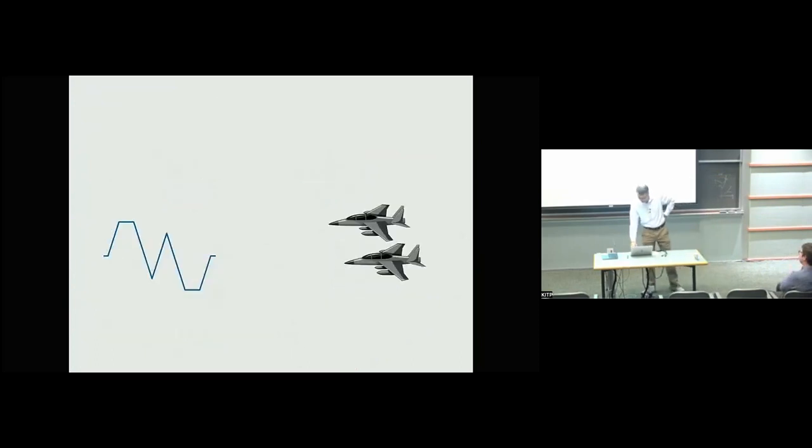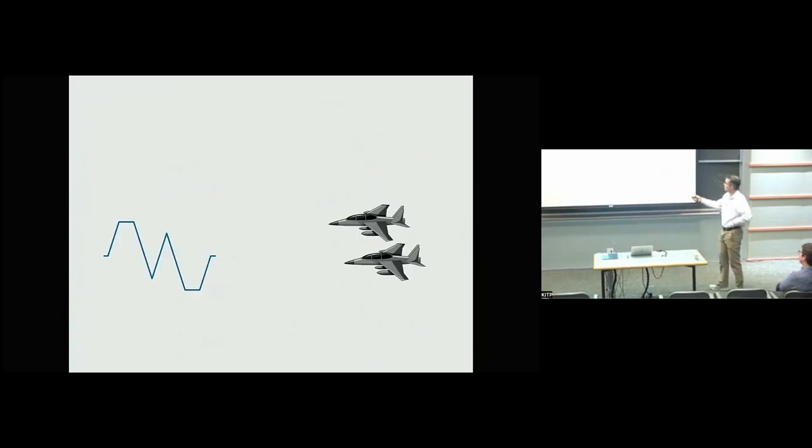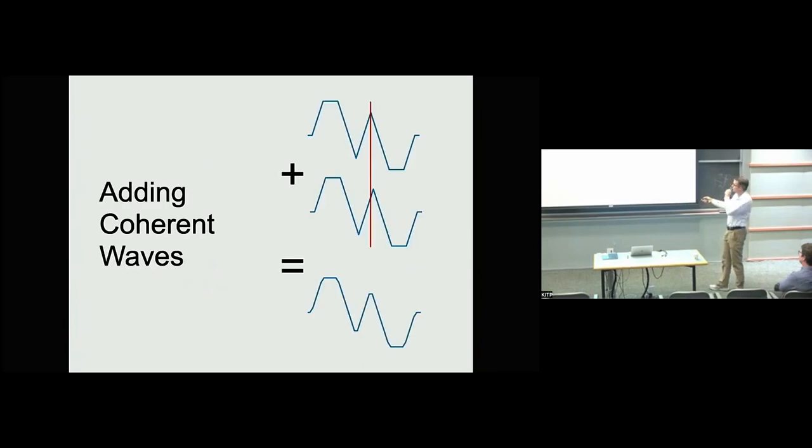So here's the idea. I take this composite pulse, I hit it off of the target, and we see what happens. When I add these two coherent signals together, this region is still going to be flat. There are going to be curved edges, but the height of this is still going to be the same. The sum of these is not changing in terms of its height, but